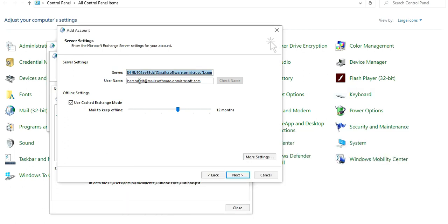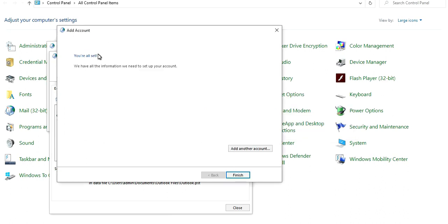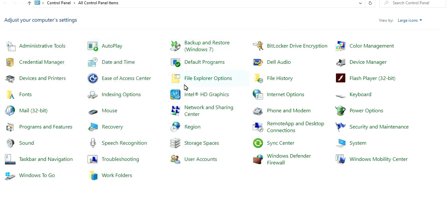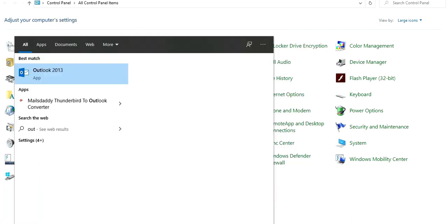So we can see we have successfully connected to our Office 365 account. Just click on the Next button, and see, you are all set. We have all the information we needed to set up your account, and then click on Finish. So we have successfully configured our email account in Outlook.